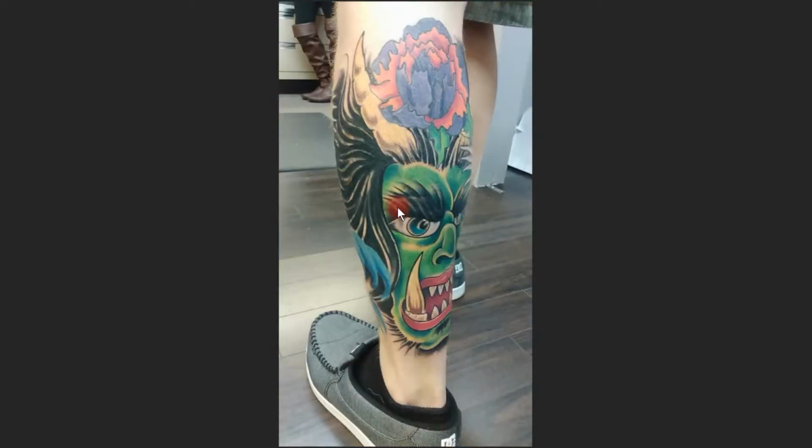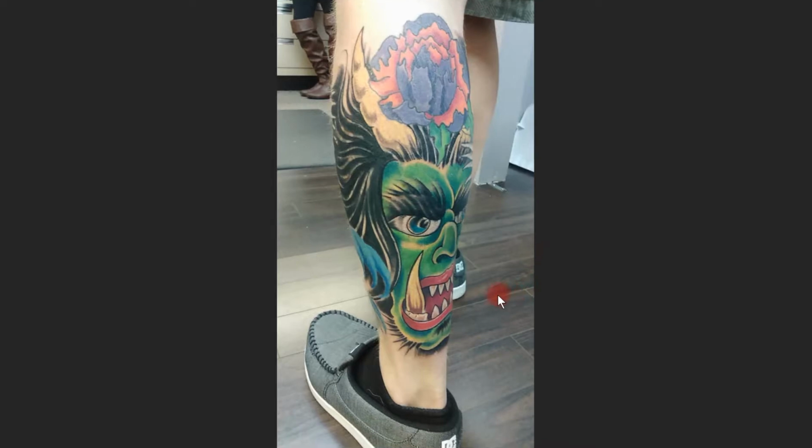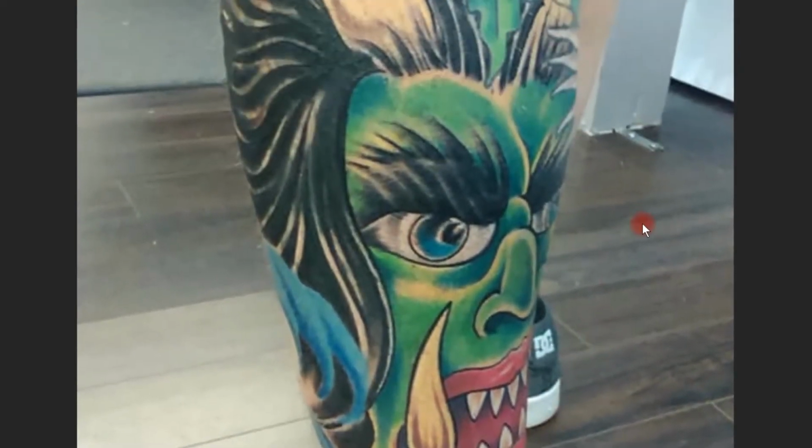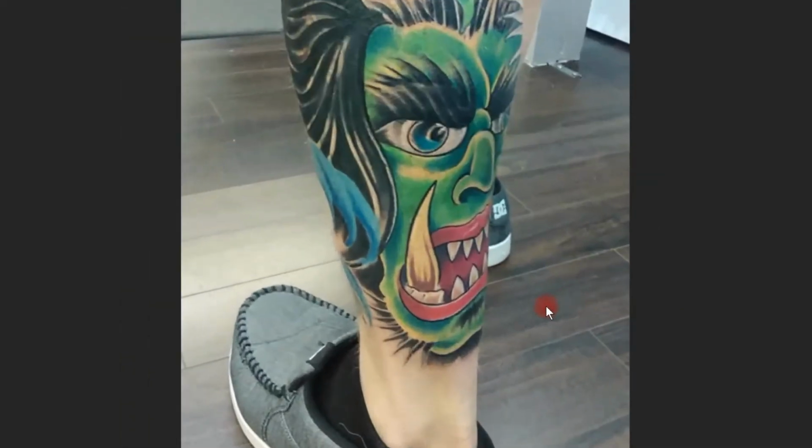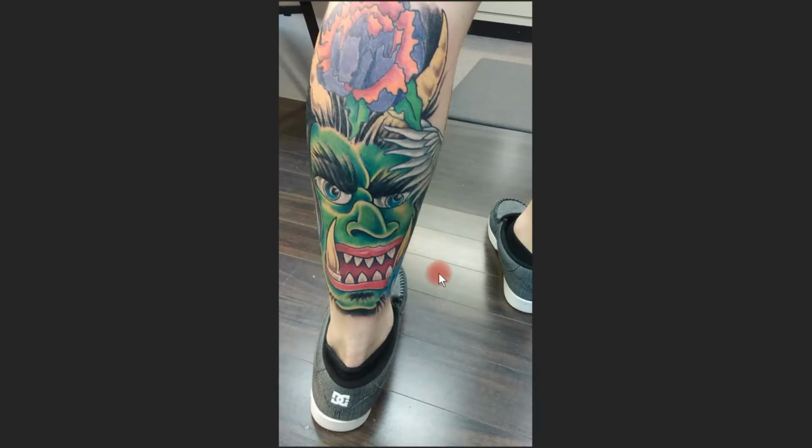What? Weird green giant monster? What the heck? Did the customer really want this? Is this what they were asking for? I don't know, but man, the simplicity of it really just bums me out. This is so huge. And he just did this weird cartoony, I don't even know what this is, but...